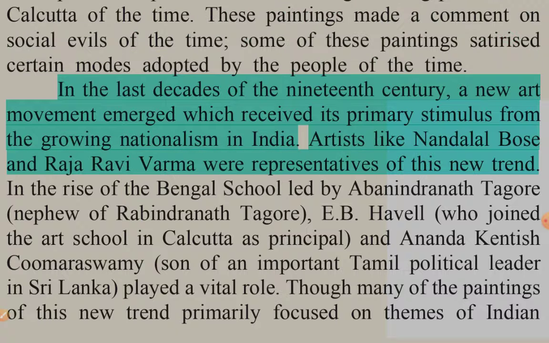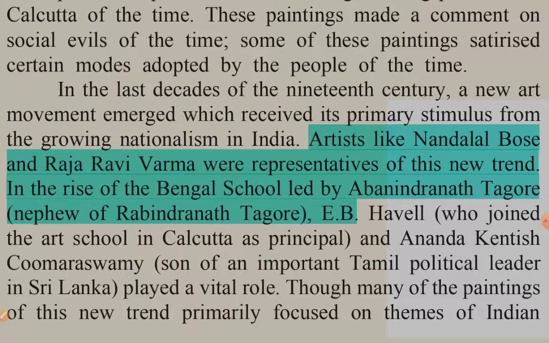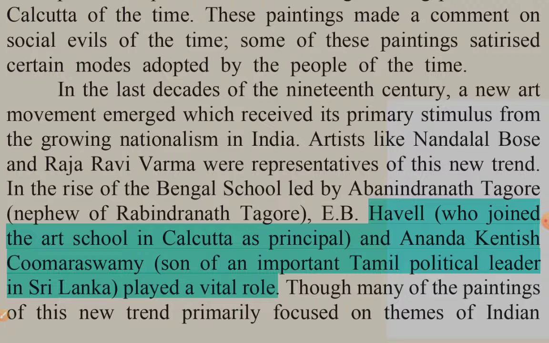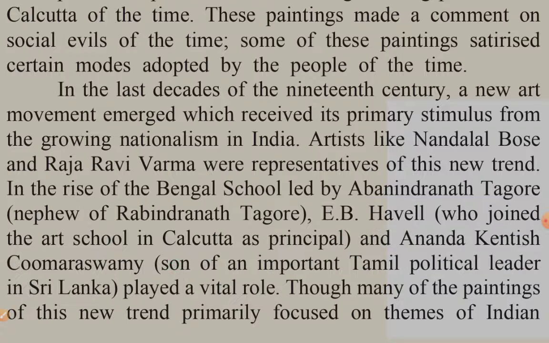In the last decades of the 19th century, a new art movement emerged which received its primary stimulus from the growing nationalism in India. Artists like Nandlal Bose and Raja Ravi Varma were representatives of this new trend. In the rise of the Bengal school led by Abanindranath Tagore, nephew of Rabindranath Tagore, E.B. Havell, who joined the art school in Calcutta as principal, and Ananda Coomaraswamy, son of an important Tamil political leader in Sri Lanka, played a vital role. Though many of the paintings of this new trend primarily focused on themes of Indian